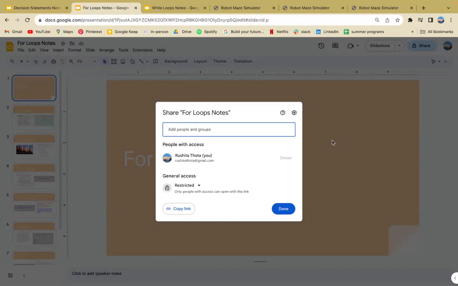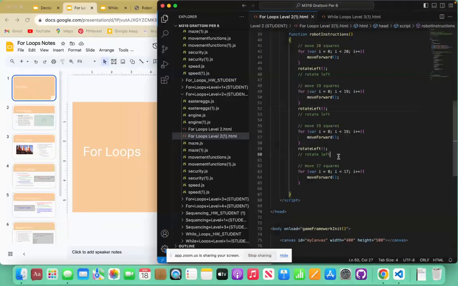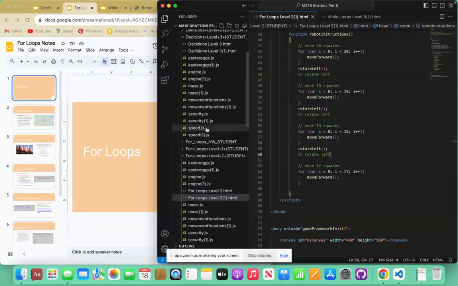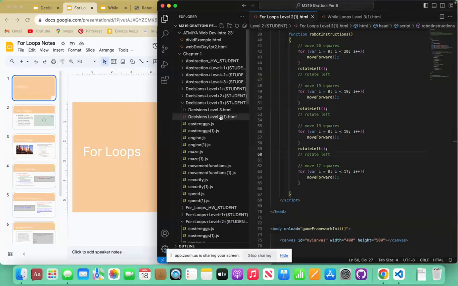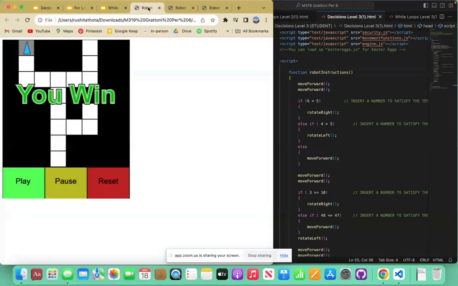So that's pretty much also just the if statements, right? So wait, let me go back to that actually. Oh, I just X'd out of that. Okay, so the you win message popped up, right? And that was because it went to this gray square, right? So